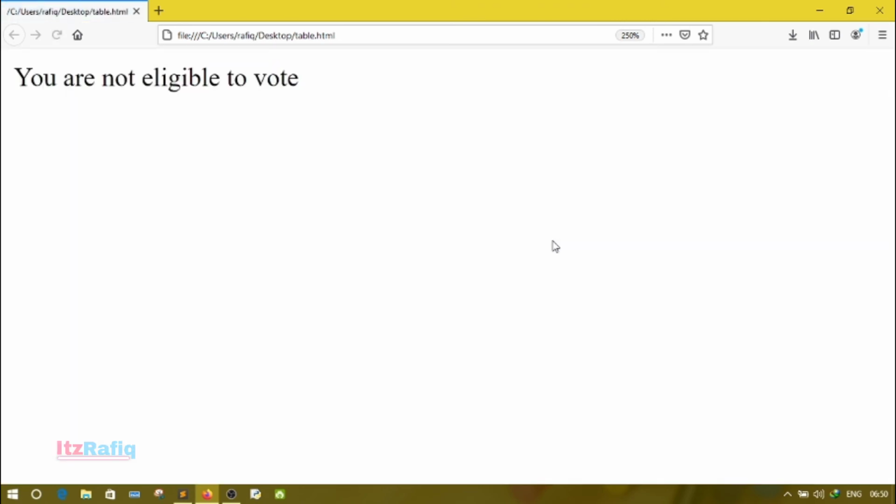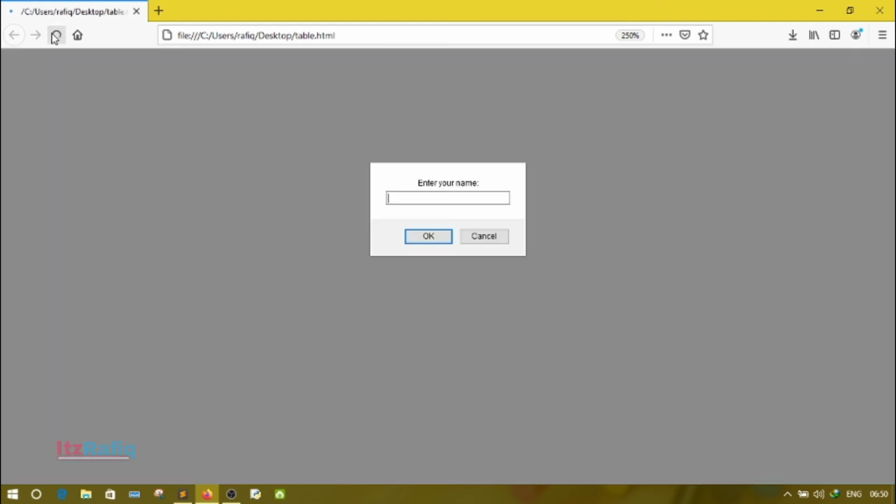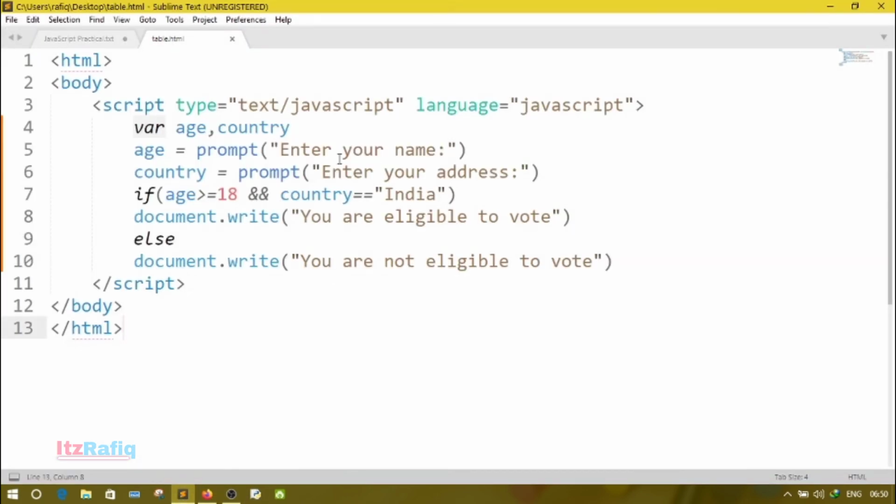Suppose India. You are not eligible to vote. Enter your name. Oh, here it should not be enter your name, it should be enter your age, and on the next line enter your country.